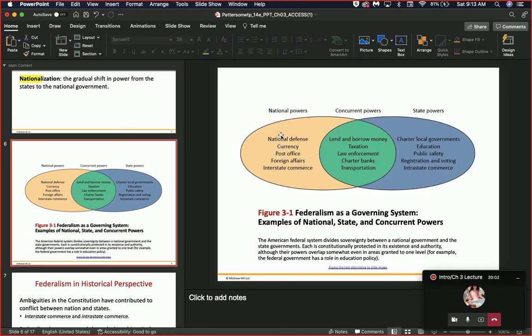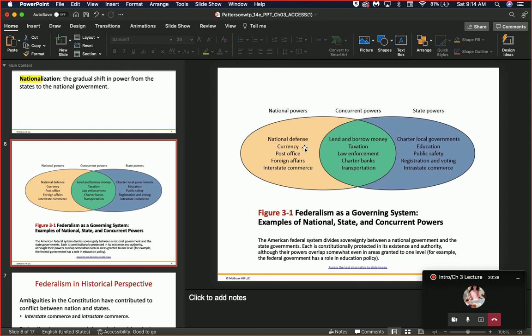So this is that chart that I was telling you guys and showed you guys already, right? So this is our chart of federalism. Okay, so this part over here is what the national level government has specific power over. Okay? And then the state powers, same thing. Okay? So the national government has power over the national defense. When you see those words, national defense, that is referring to the military. Okay, saying that the national government has express power over the military.